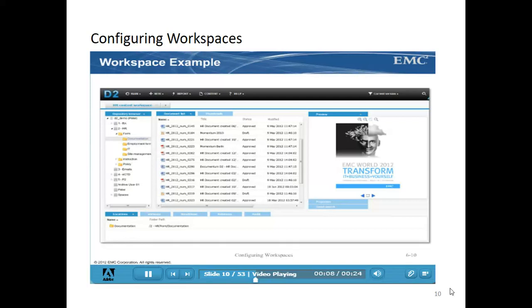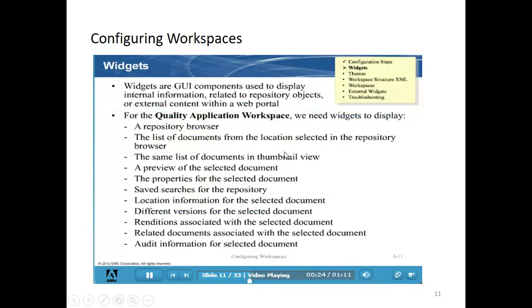Example of the workspace. You see some labels on top of the workspace. Those are all the themes, the colors you can see. And beside that, one XML will define the structure. What is on the left side comes under west. This comes under east. This comes under center. This comes under south. I will explain it clearly here.